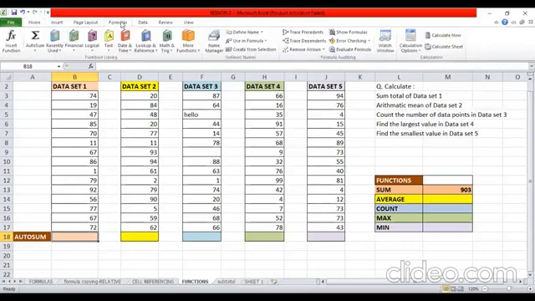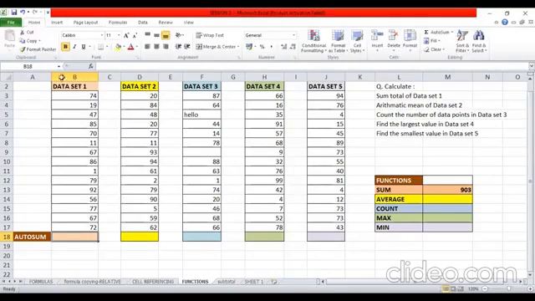Alternatively, under the formulas ribbon also, you can see there is the AutoSum command available. So from either place you can insert AutoSum. How will I insert the AutoSum? Now AutoSum is used in one condition. It is used when you are trying to calculate the result for a data set which is arranged either in a row or in a column. If there are any gaps in the row or column, then it may not give you the correct result. You will have to adjust the range.